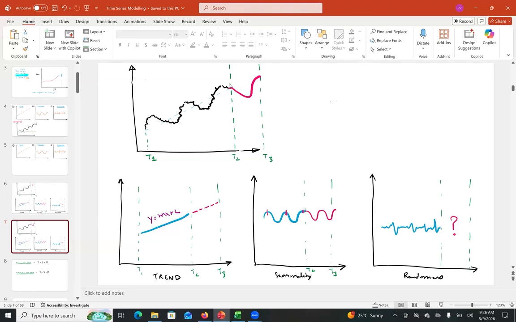Okay, that's the reason. If you look at the actual time series versus the predicted time series, the predicted time series is very smooth. On the other hand, the actual values have a lot of noise. And the reason behind that is that we are not able to predict the randomness.